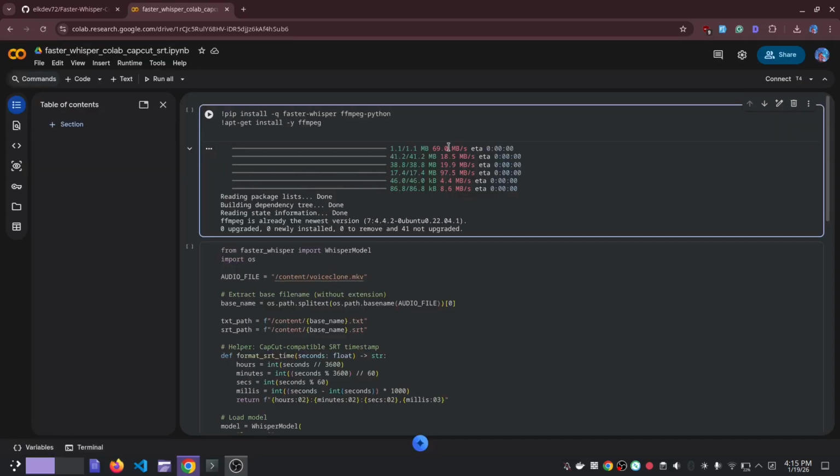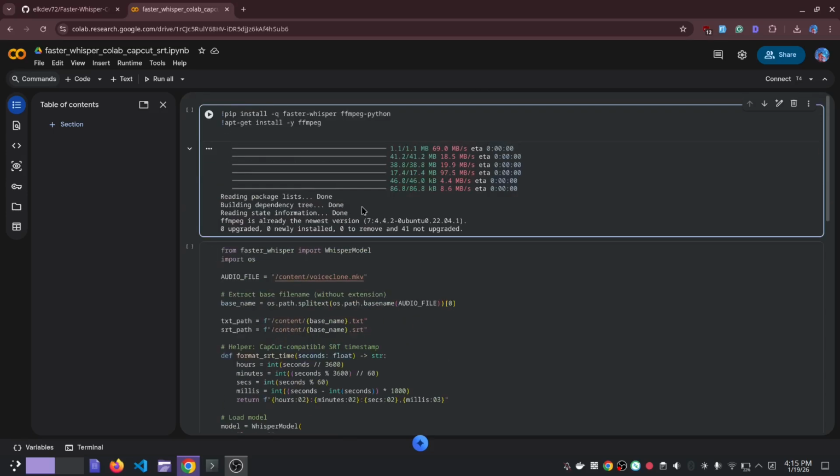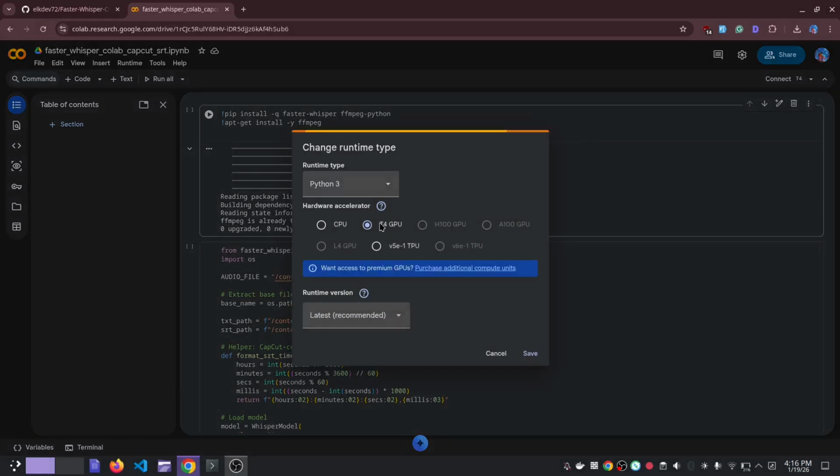So once you have uploaded the file, this is what you get. It has two cells, so this is the first cell and this is the second cell. Make sure you connect to a runtime, that's a T4 GPU. So make sure you go here and make sure your runtime is T4 GPU, because we need to utilize the power of GPUs so that you can run.